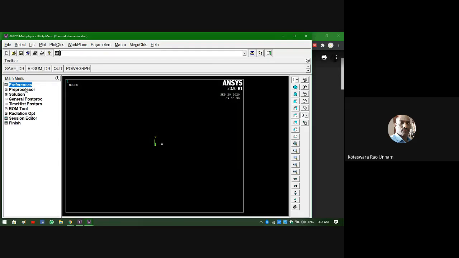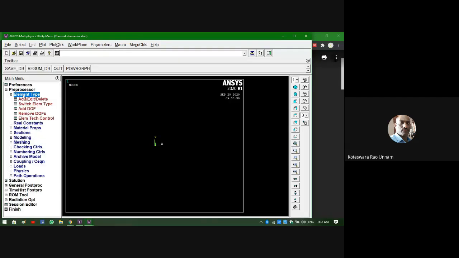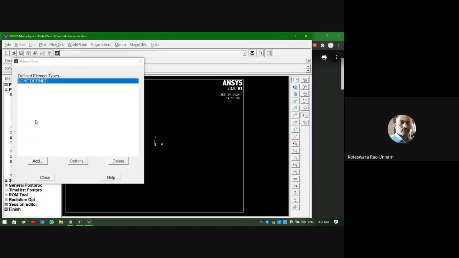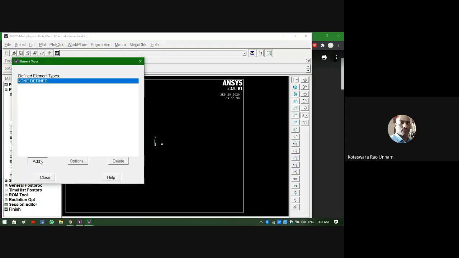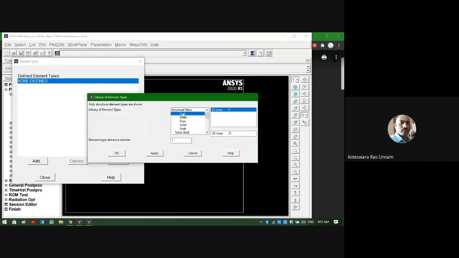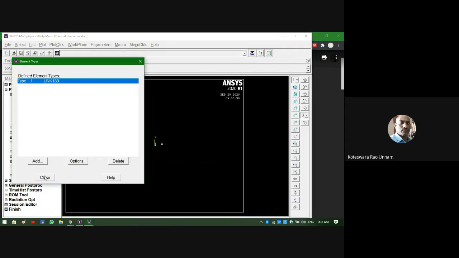Okay, right. Now we'll move on to the preprocessor. That is the first stage. We first need to define the element type we are going to use for the problem. Like I already mentioned, we are going to use the same element, Link 180, which we used in the first experiment. Here I have three different materials and three different cross sections, but the nature of the element is the same.